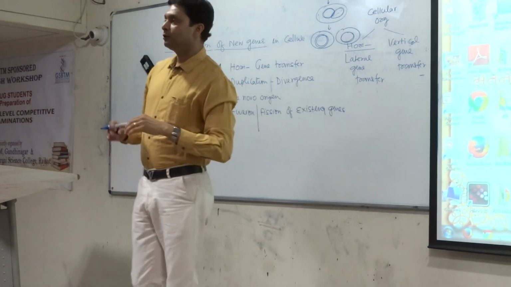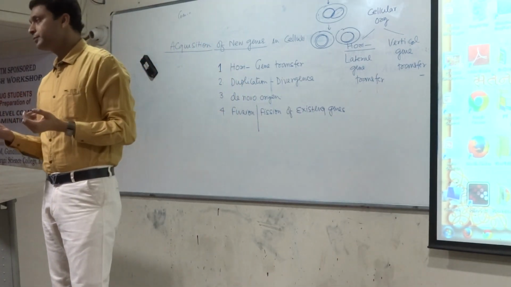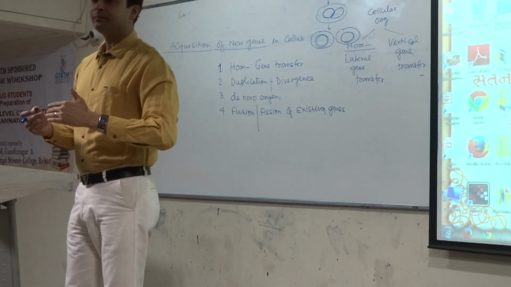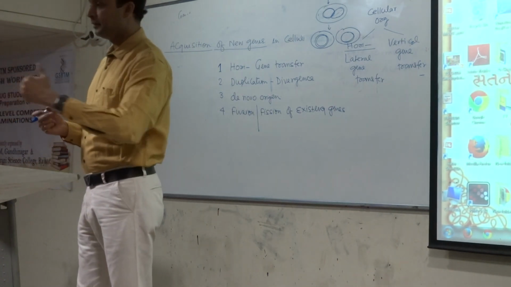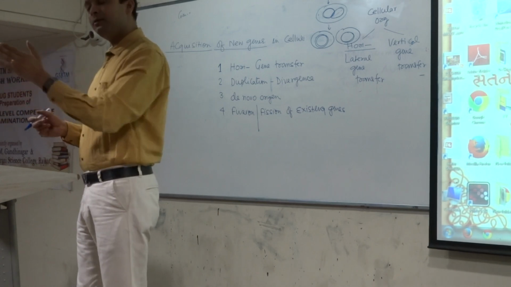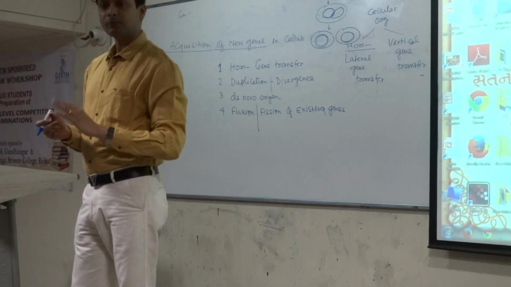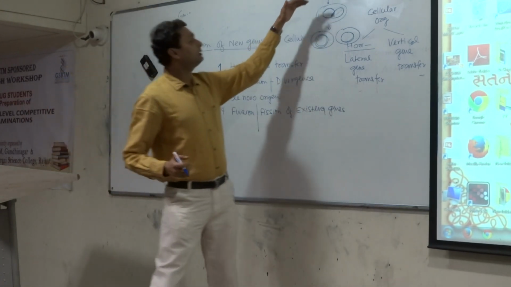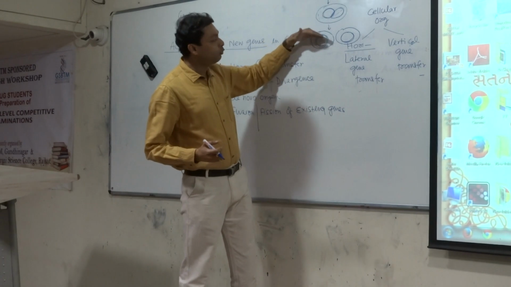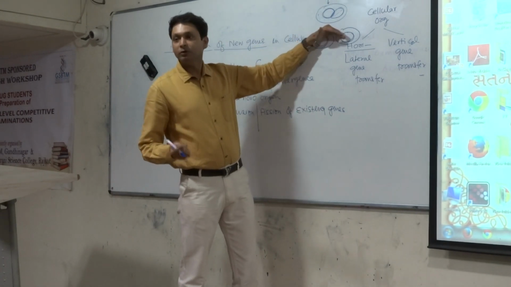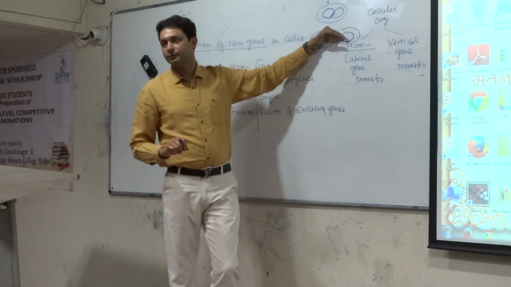Now suppose I talk about the eukaryotic organism. In eukaryotes, if genetic material enters the offspring, that is vertical gene transfer. The gene that goes from parents to offspring is an example of vertical gene transfer. And if DNA enters the 2 bacterial cells formed by binary fission, this is an example of vertical gene transfer.